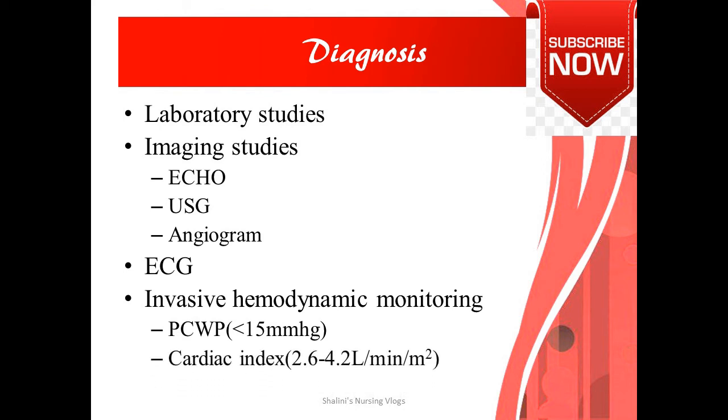And also you will want to look at the cardiac index. The normal is 2.6 to 4.2 liters per minute per meter square. It is given in a range because an athlete, a strong person with a stout body, will have higher body surface area. So this is basically the cardiac output divided by the body surface area. So it is different for different individuals, and this is the normal. But in case of a person who is in shock, it will be less than 2.2 liters per minute per meter square.